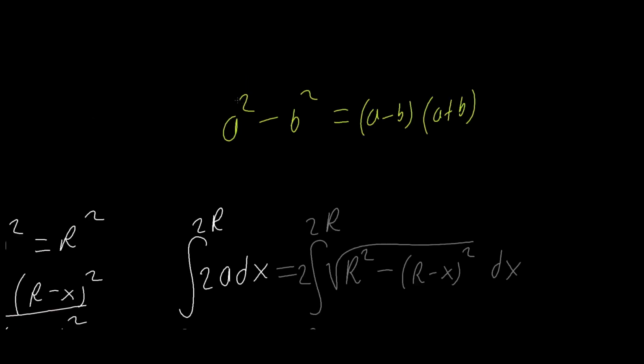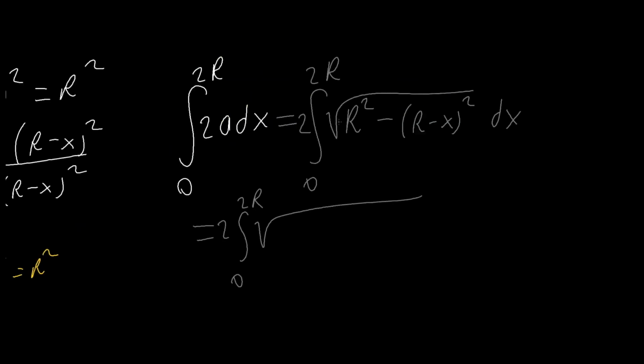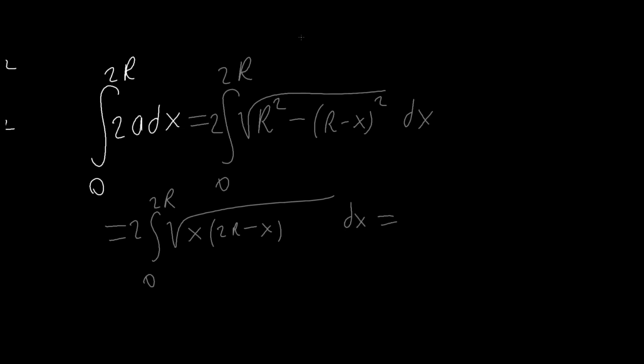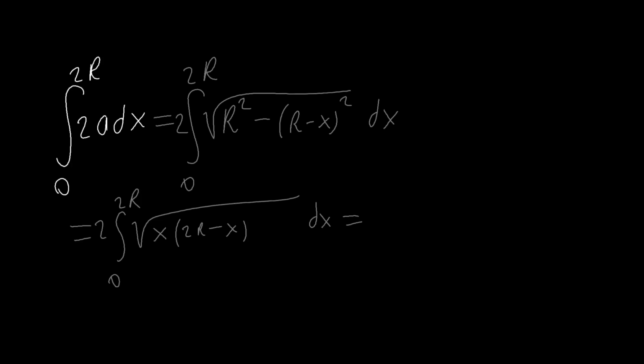So using this formula, we are gonna get x multiplied by 2r minus x with respect to x,